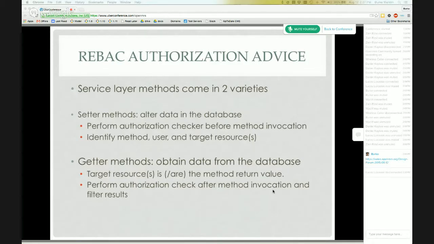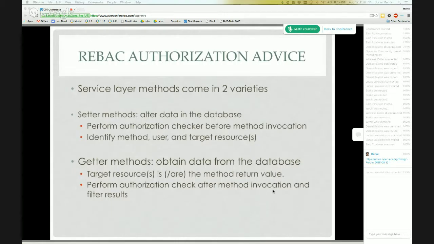So here we perform the authorization checking before the method invocation. That's because if the authorization checking is done after the method invocation, well, it's already too late. So we need to make sure that we perform authorization checking before the method is invoked. And it's easy to find the resource because we know it's one of the parameters.